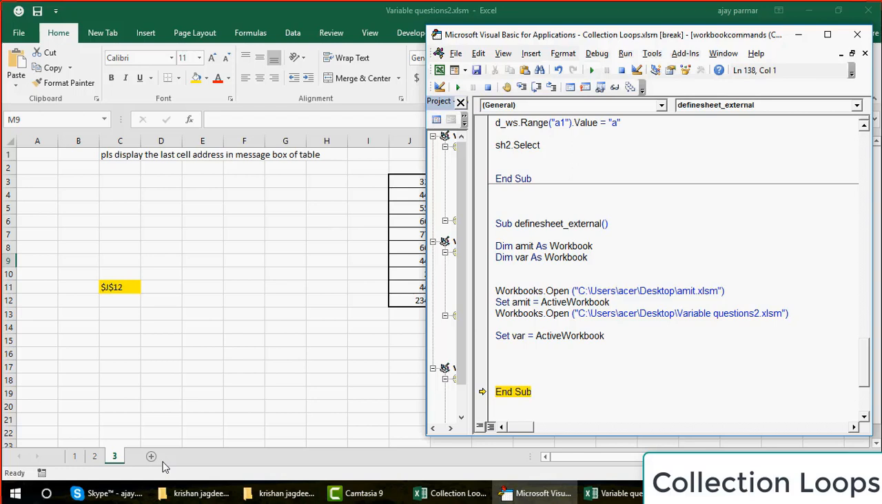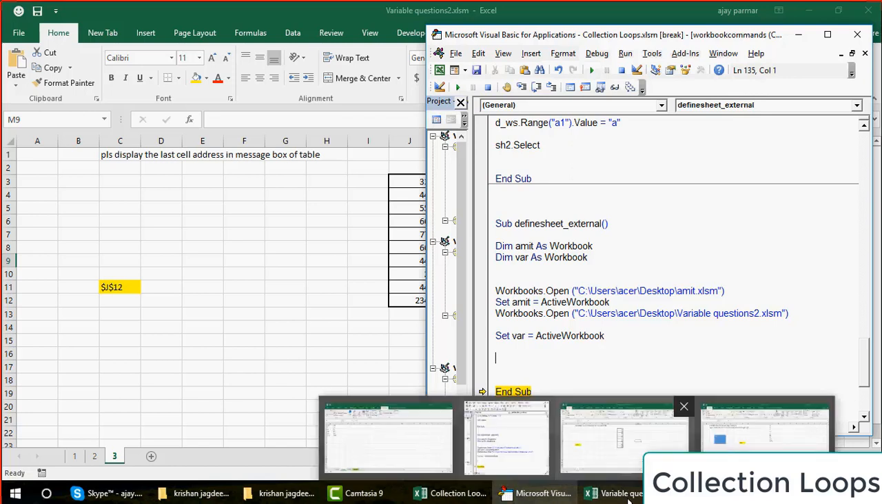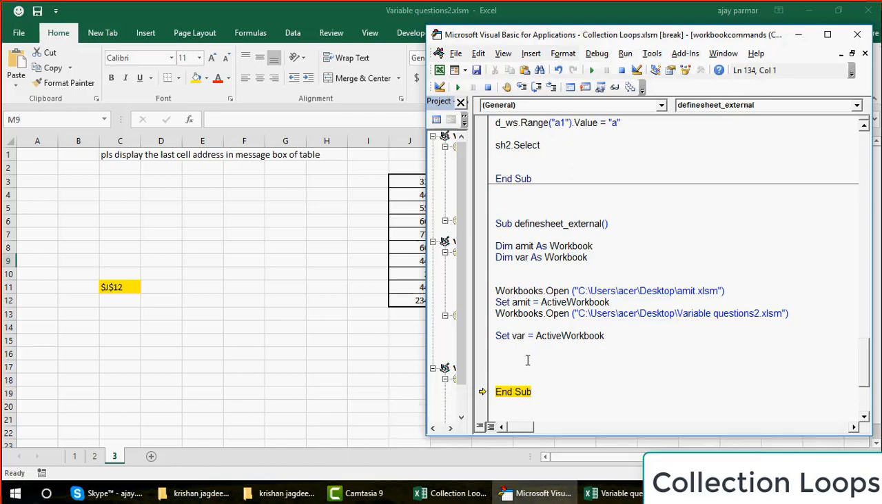now you want to refer to this sheet 3 or maybe 2. Let's say I want to go to the second sheet. Now how will you go to the second sheet? Second sheet of maybe the var file, not the var, let's say the Amit file. Obviously guys, first you have to select that workbook. You have to go there, so I'm going to say Amit.activate, right? So I run this code,